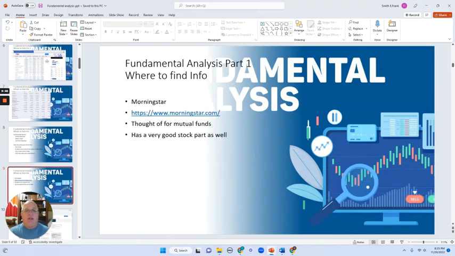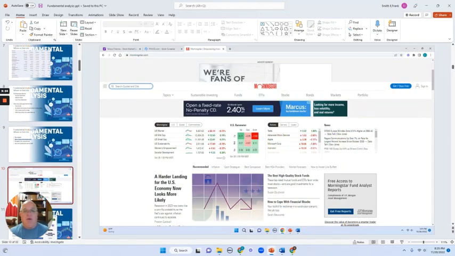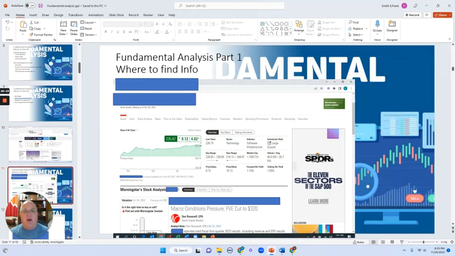So when you look at the fundamental analysis for Morningstar, www.morningstar.com, you can also look at that as well. Many times Morningstar has been thought of as mutual funds, analyzing mutual funds, but they actually have a very good stock part as well. When you first pull up Morningstar, you'll see the basic page like this. There's morningstar.com, and you will put in a ticker symbol here to pull up a specific company. But they have a lot of topics, from exchange traded funds to stocks to bonds and markets and so forth out here. So it's a pretty good place to go.